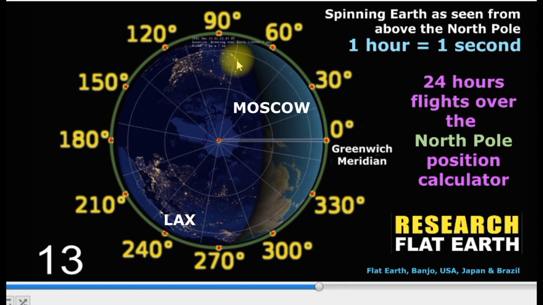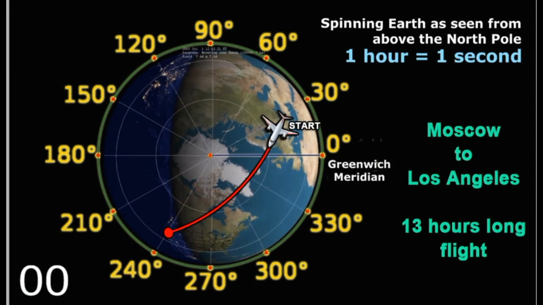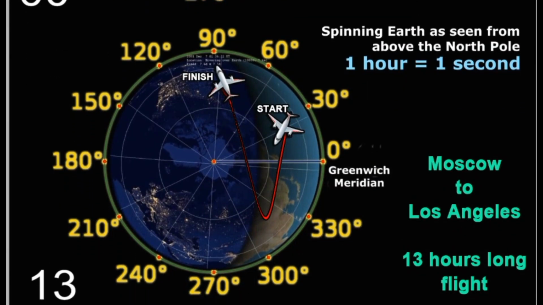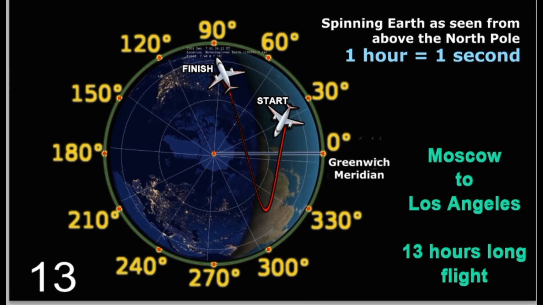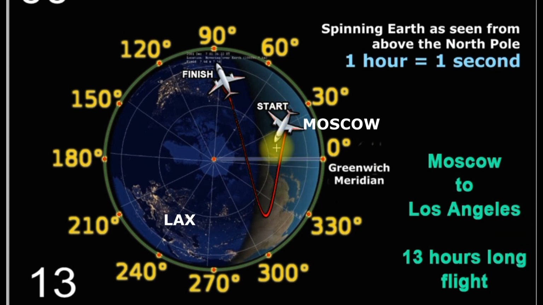Los Angeles right here. So looking at the flight route, this is what happened right here. The plane was going towards Los Angeles, which was right here, ended up right there. This is the final flight route of this airplane. At the moment it took off 13 hours later,